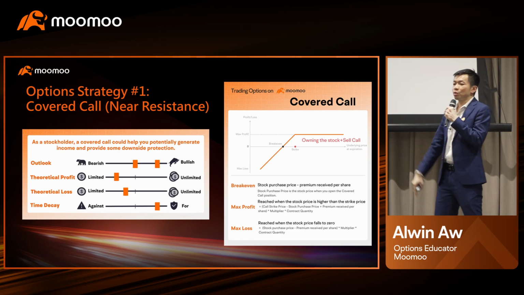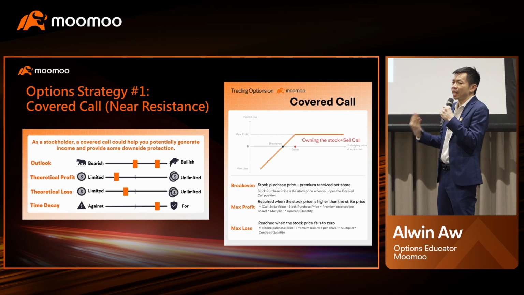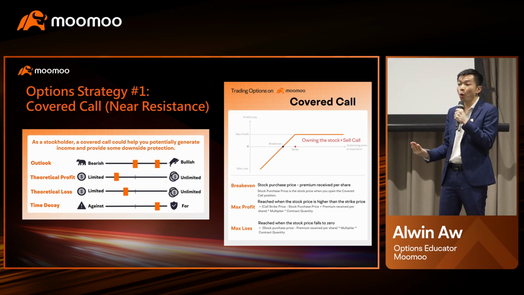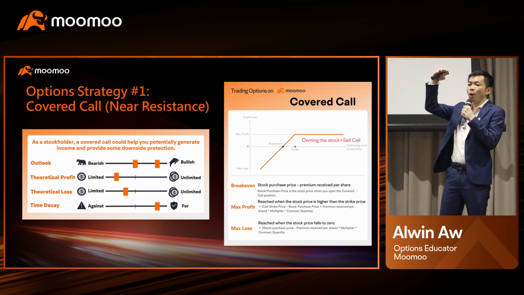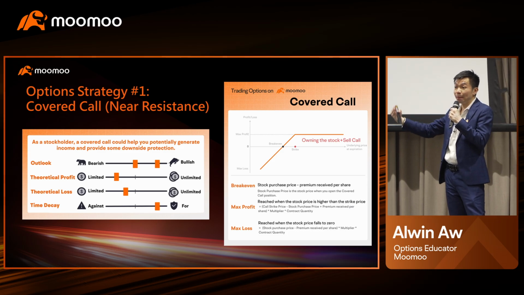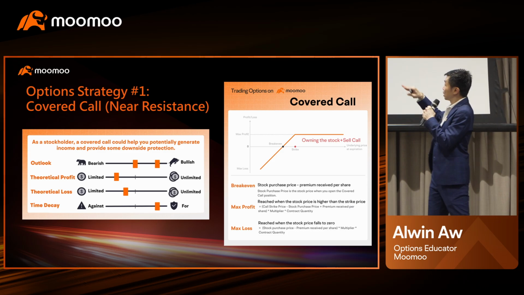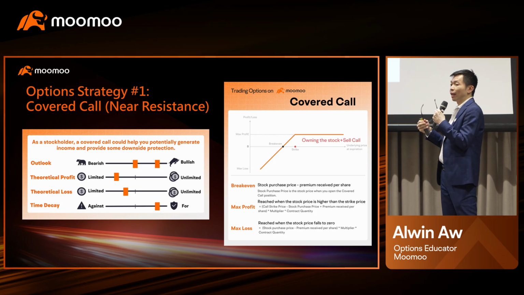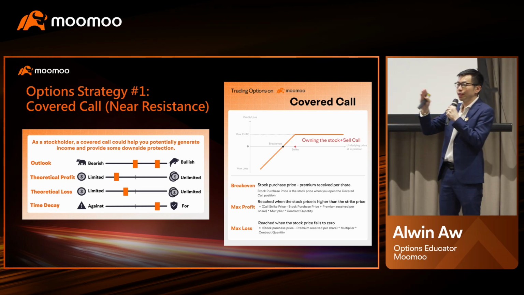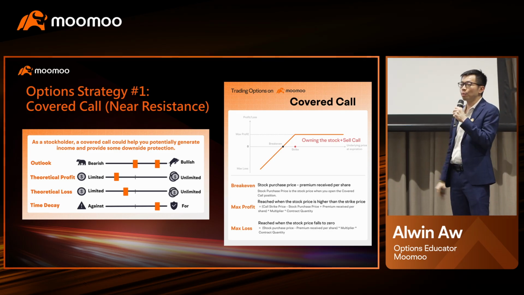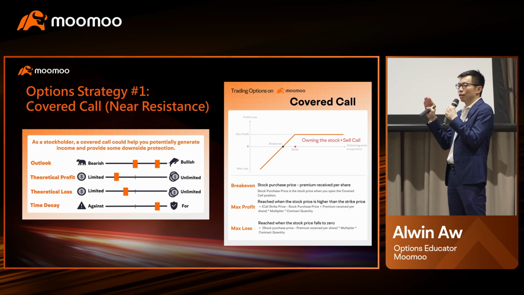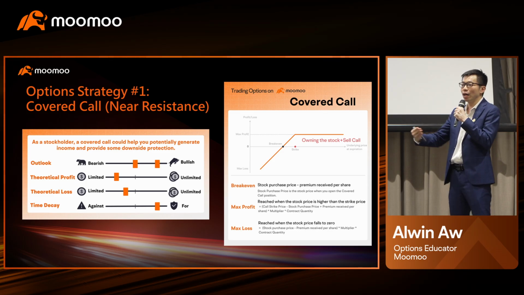So when it comes to option strategy, this is a summary chart on the covered call. This is a very popular strategy when you hold 100 shares. You just sell a call at a higher price to collect your premium or rental income. So this strategy, we define it as bullish or bearish. You can see the chart there is neutral to bullish. The second one is the theoretical profit is limited. And the third one is the theoretical loss is also limited. Why? Because you hold 100 shares.